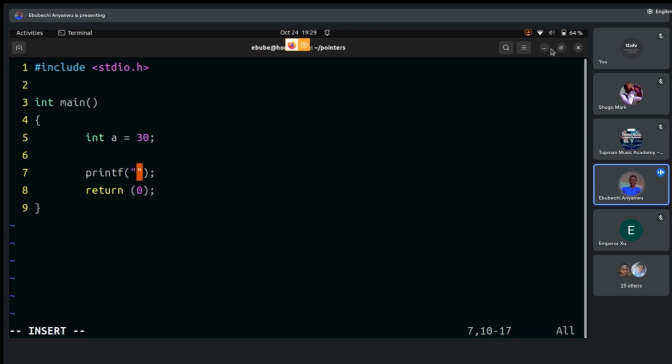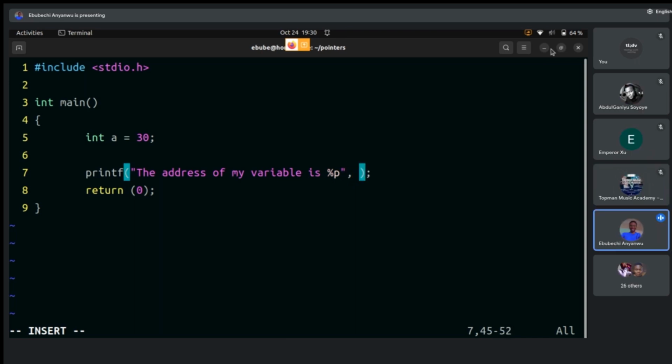I can do it by doing this: the address of my variable is percentage p, comma, ampersand a. Now this ampersand, I said in the previous class, does the job of